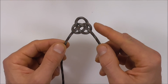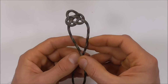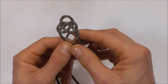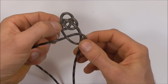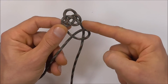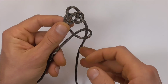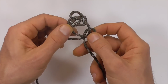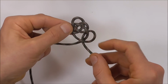Okay, once you've tied your double coin, the next knot we're going to use is the snake knot. So take the left strand over the right and then all the way around, forming a loop. So the left strand is forming a loop here around this right strand. We're going to switch those two strands around, just keeping this loop open,